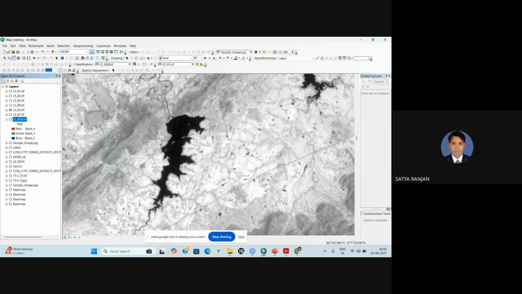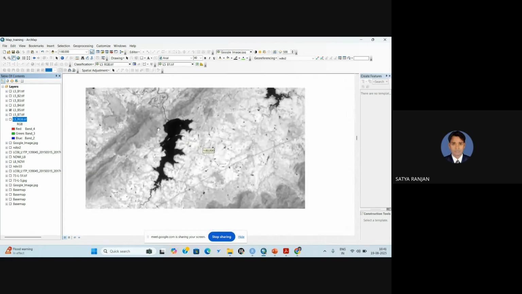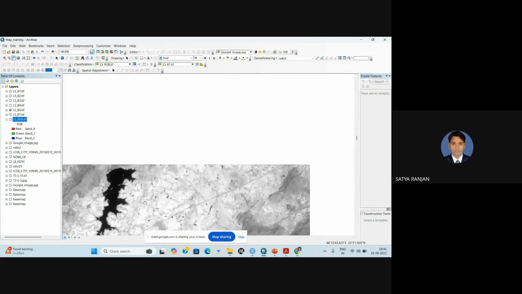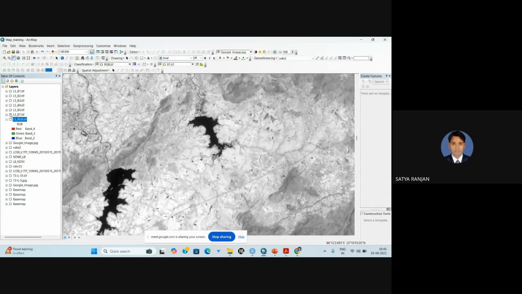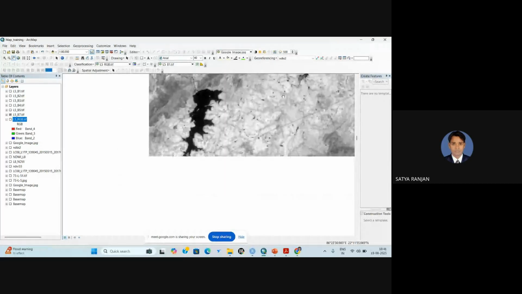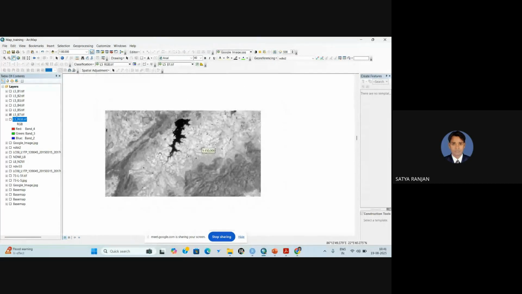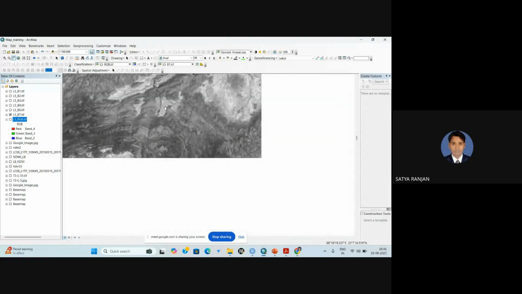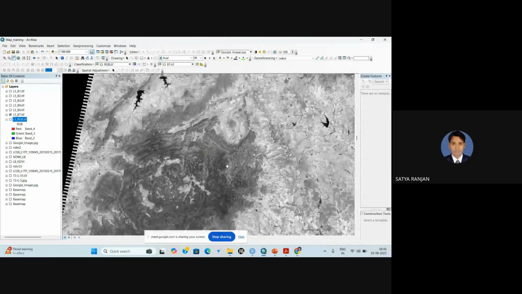Then this is also a near infrared band. It also clearly demarcates the water bodies, and it is also a near infrared band. So these are the bands. So if we